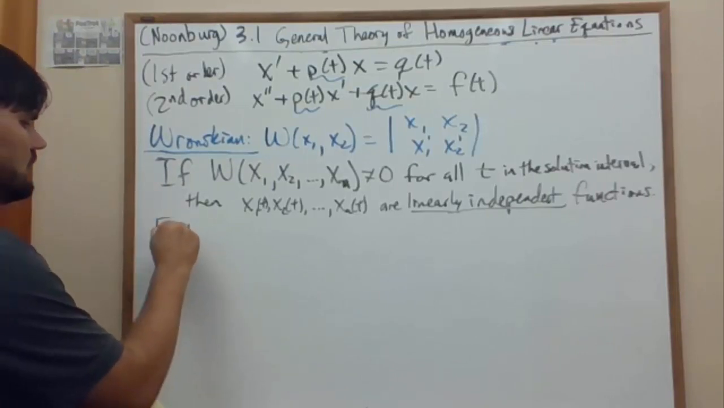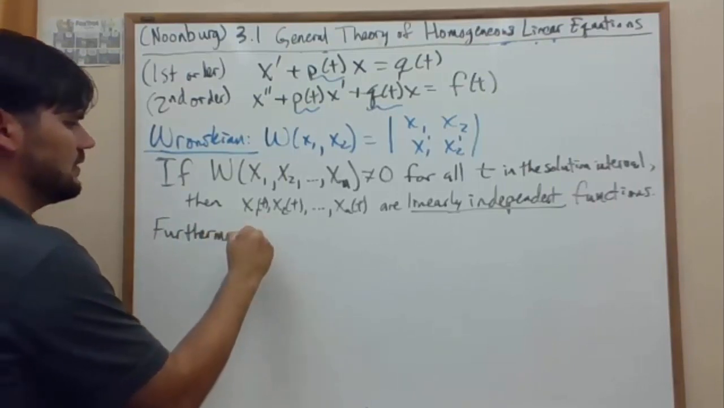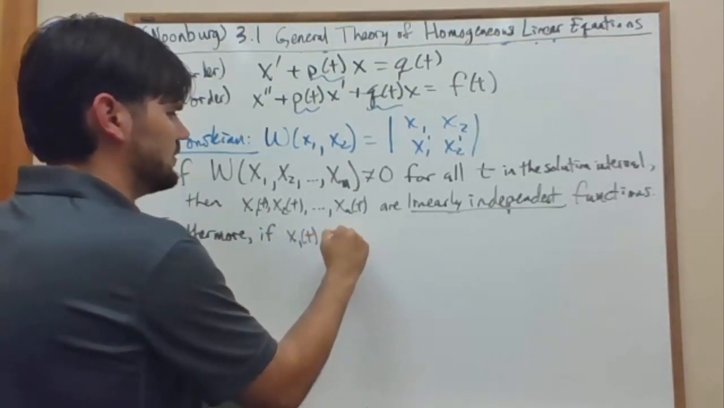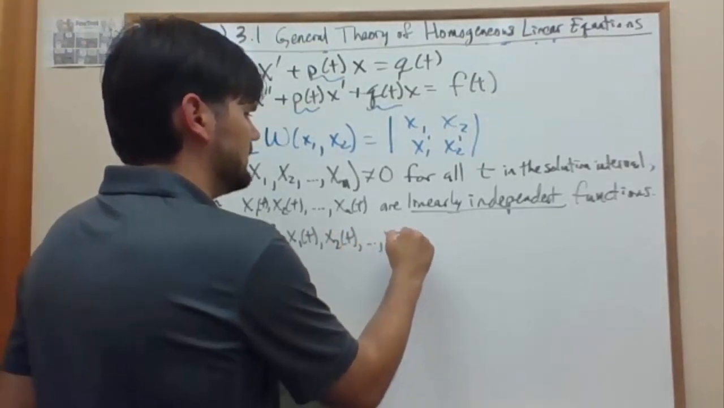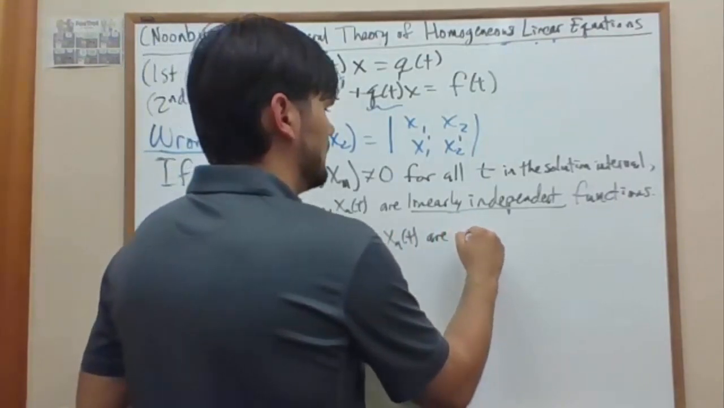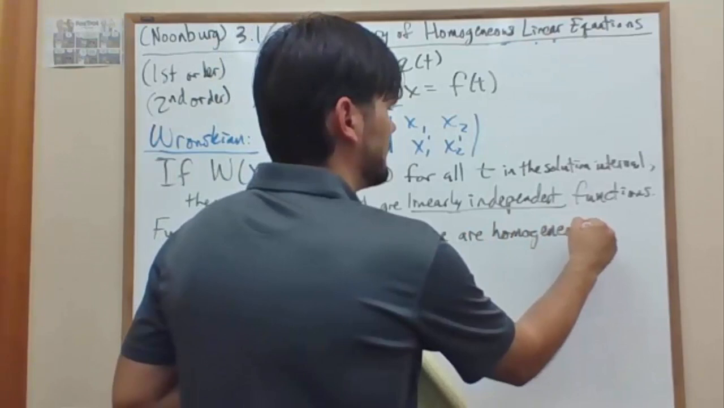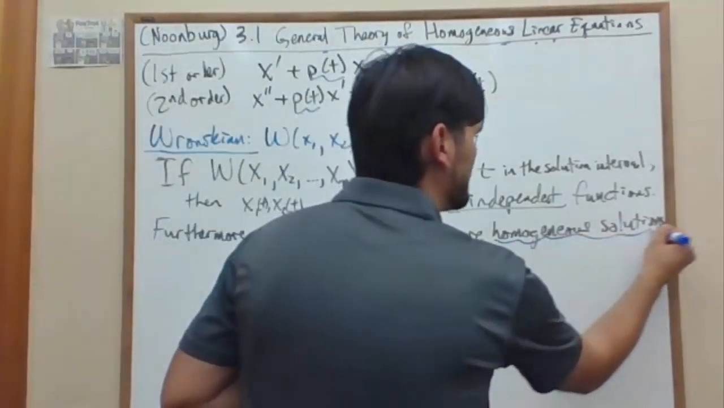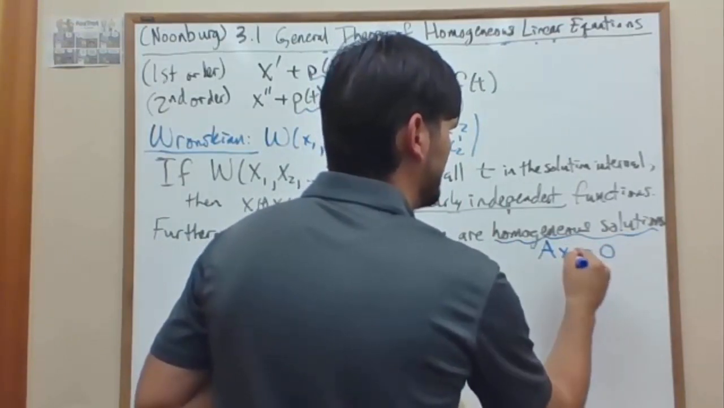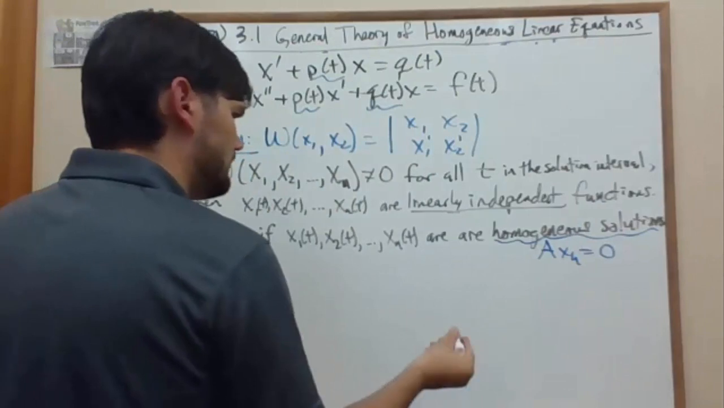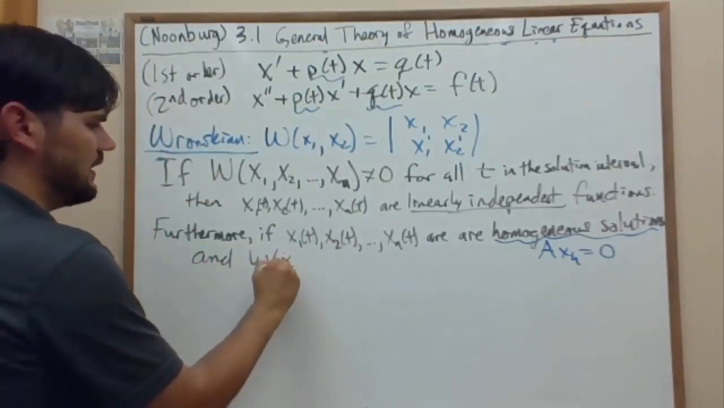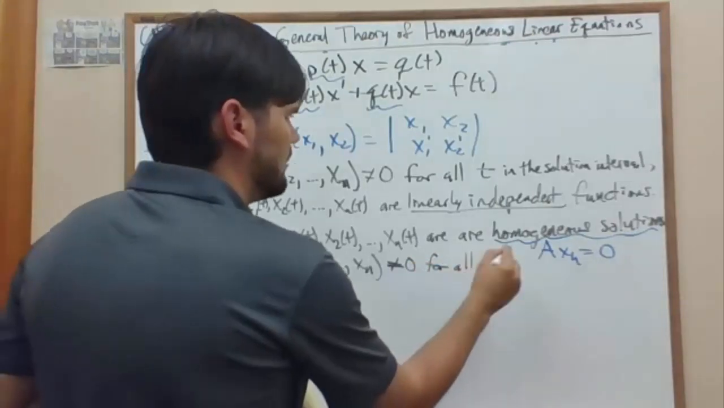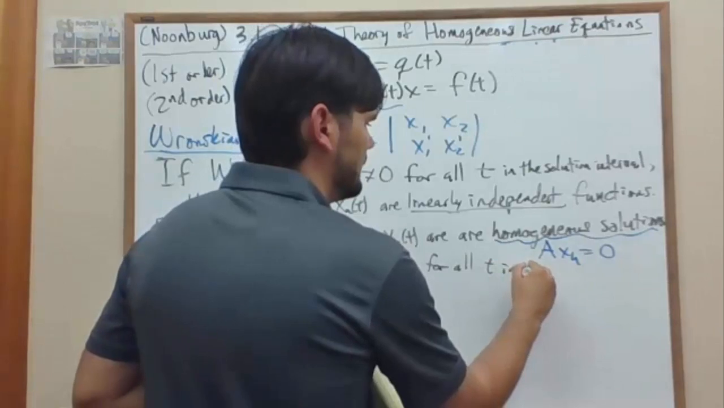Furthermore, if x1 of t, x2 of t through xn of t are all homogeneous solutions, that's where xh, homogeneous solutions, a xh equals 0, and the Wronskian of x1, x2, xn is not equal to 0 for all t in solution interval,